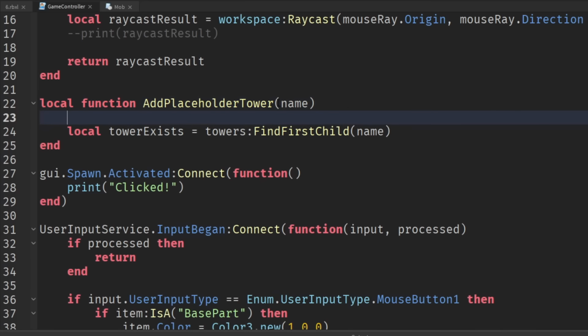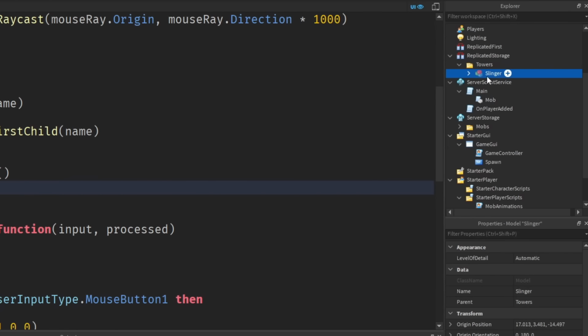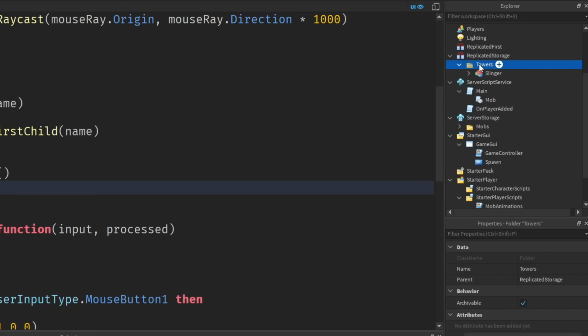Now we're going to have to send that information. So in our spawn.activated, when they click that button, we then want to run this function. So run the function, and the parameter we're going to provide, let's just hard code it for now. So we'll type in quotation marks slinger, which is the name, the exact name of our model inside the towers